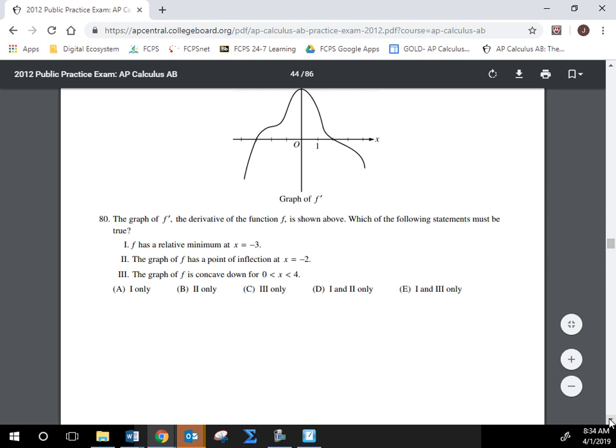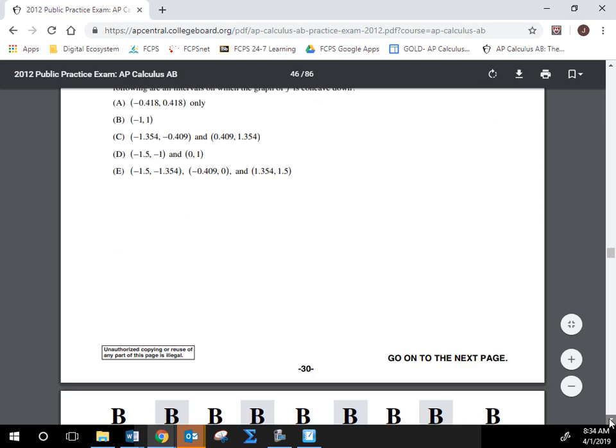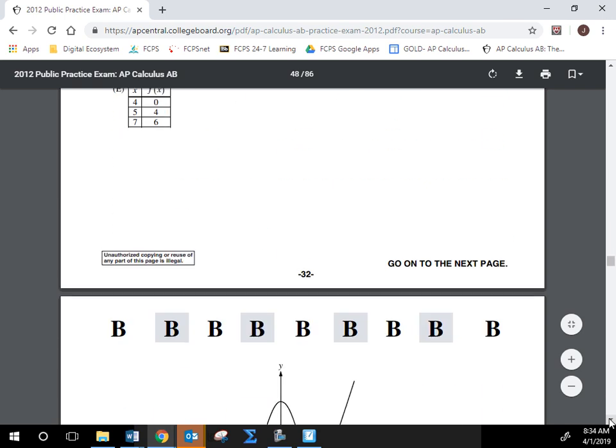Literally on the scan sheet, you'll bubble next to 76. So it sounds like you're doing a lot more questions than you are. You're not doing 85, 86 questions. You're only doing...